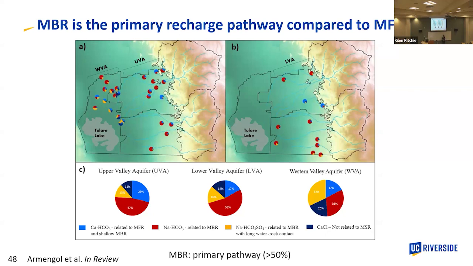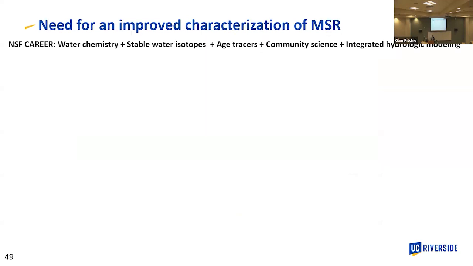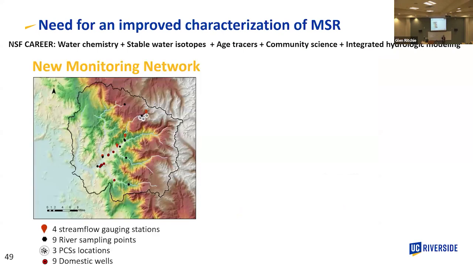So now I'm going to research in my group contradicting myself. My model showed there is more mountain front. Geochemistry tells me more mountain block. Which one is the truth? You're always looking for the truth. So we're like, okay, let's go to our funding agencies, National Science Foundation. We got a new grant funded in 2020.